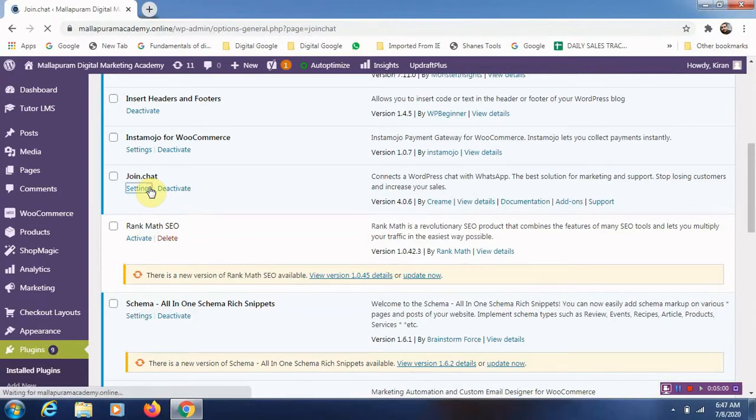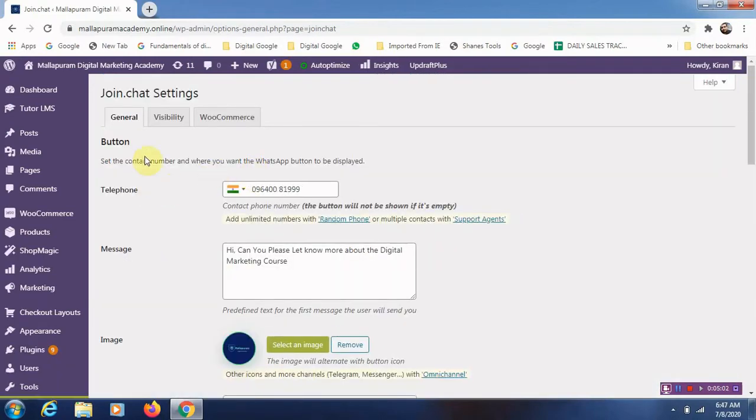Now to enable this option, you need to enter your number which has the WhatsApp connection. Once a user chats with you, there are two options: whether he can chat from the desktop or from a mobile.